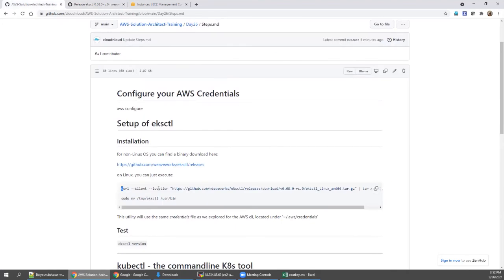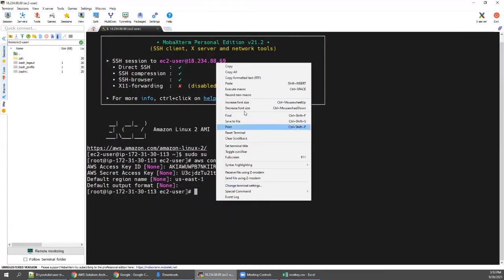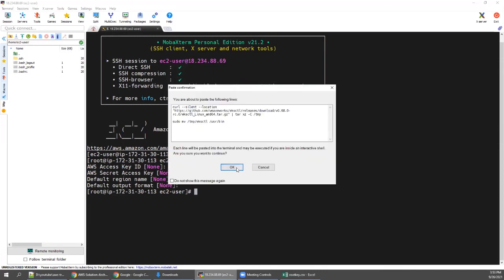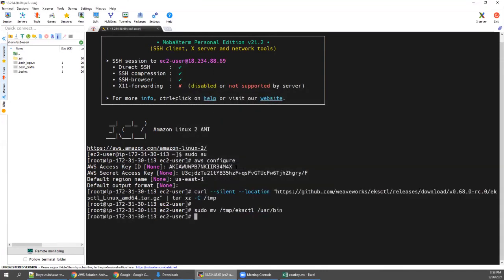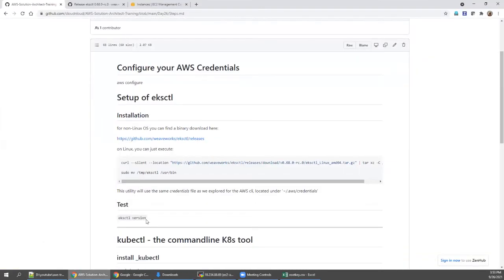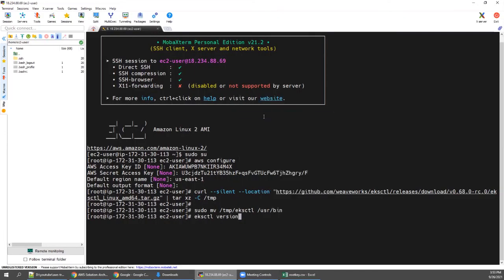As of now, this URL is working, so I'm going to copy this and paste it here. Once completed, test the eksctl version. If this works, that means you are good to go.